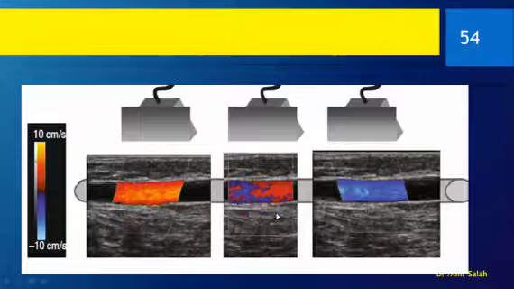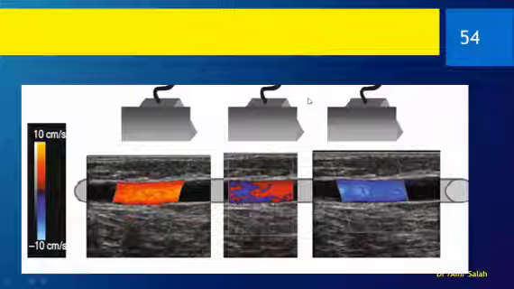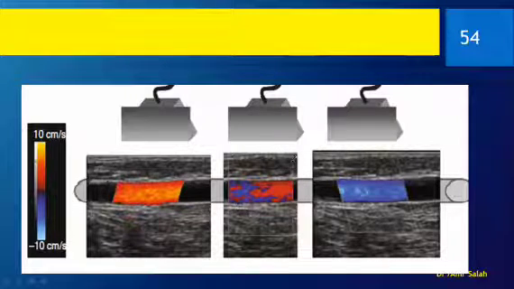Again, here we have a very nice example. Here the probe is as such and your color box here. Now here the color is bad because there is no steering. Now here we made steer either this way or the other, it doesn't matter. The important thing is that there is an angle that would create the Doppler or the color effect.